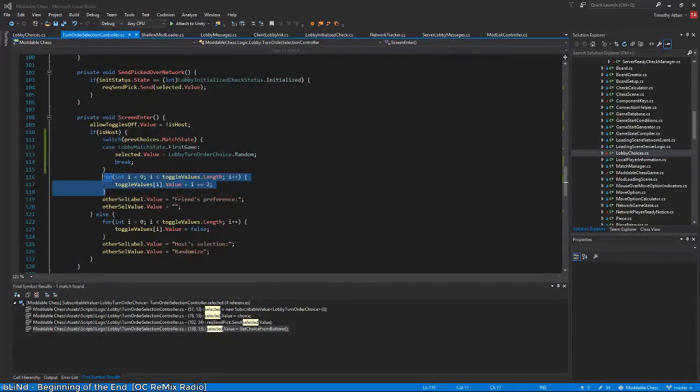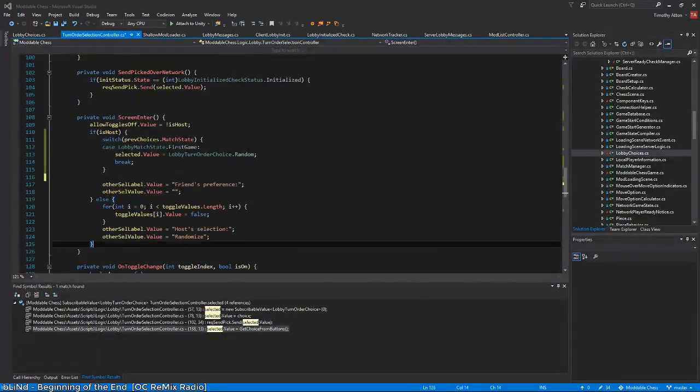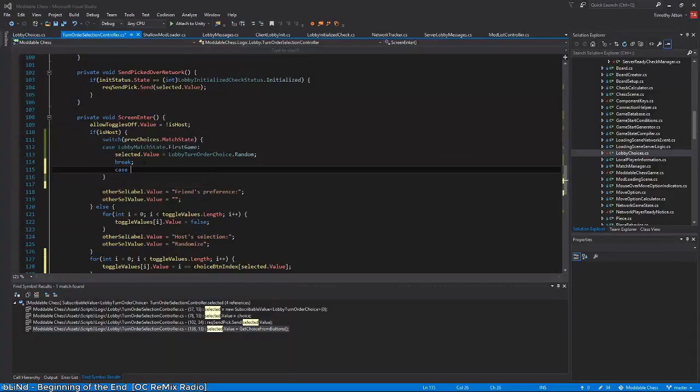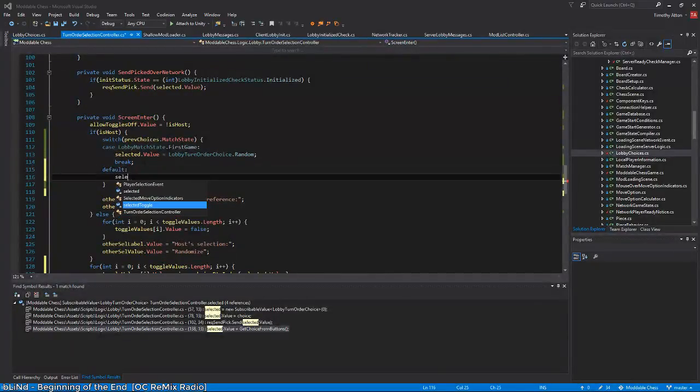Okay, and then all we need to do is here we will put if i equals choice button index, selected value. Then also if it's any other, the selected value